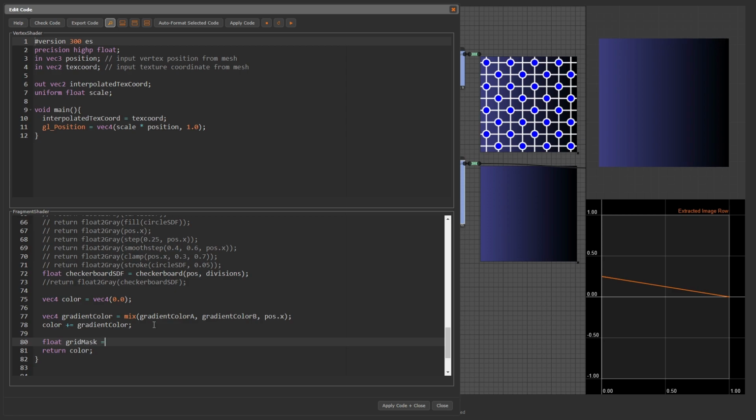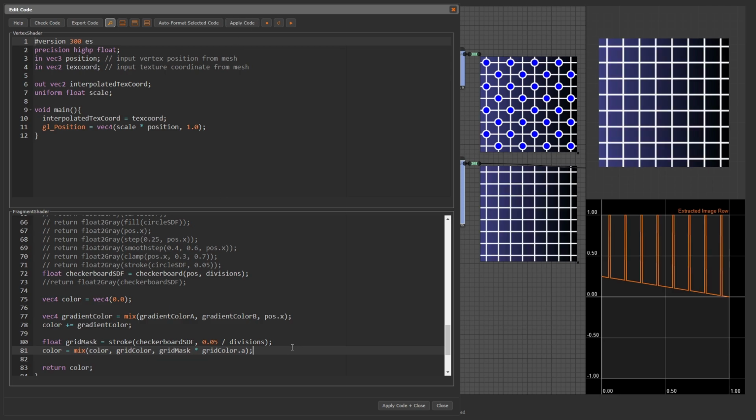Float grid mask equals stroke checkerboard SDF 0.05 divided by divisions. Color equals mix color grid mask times color grid.a. We multiply the grid mask with the alpha channel of the grid color here.